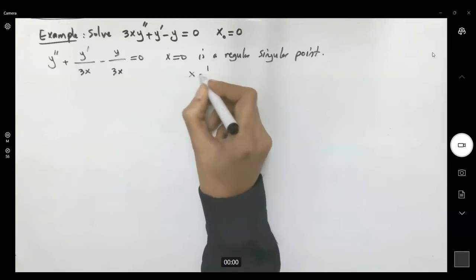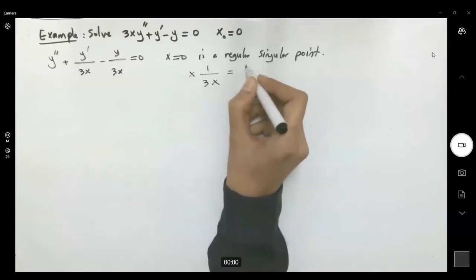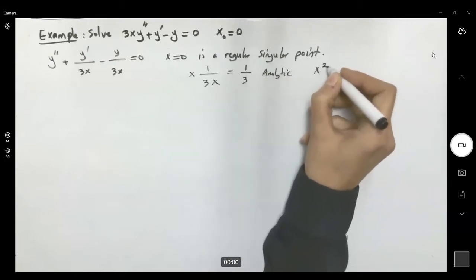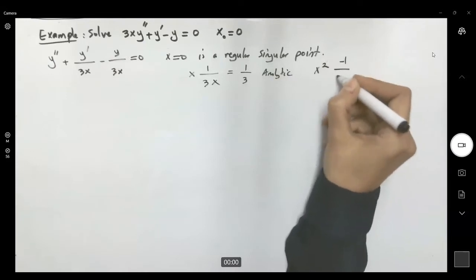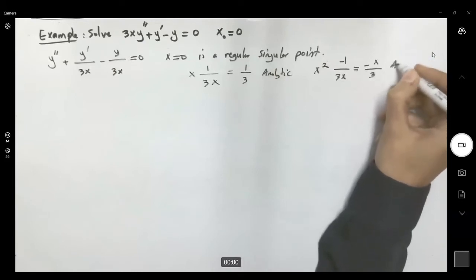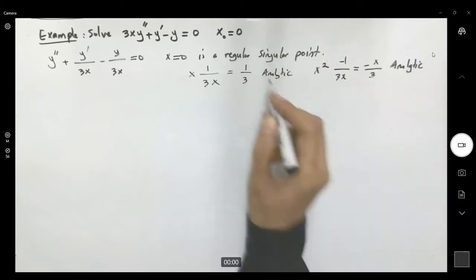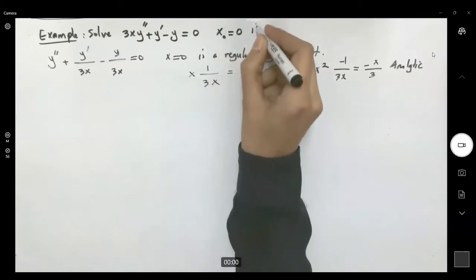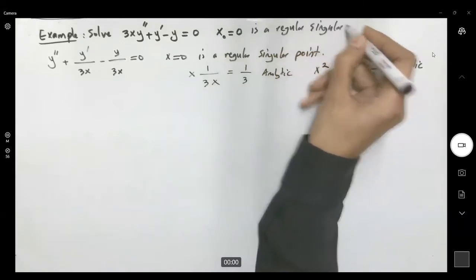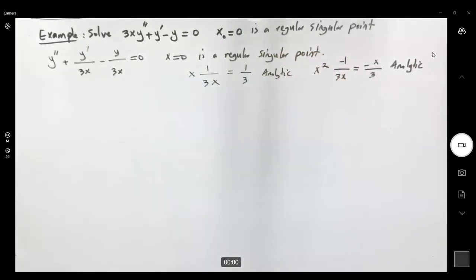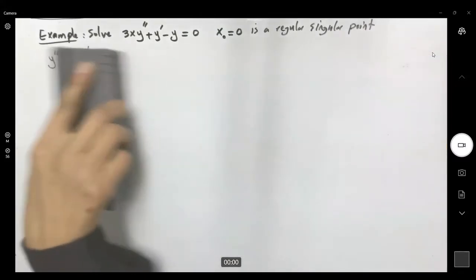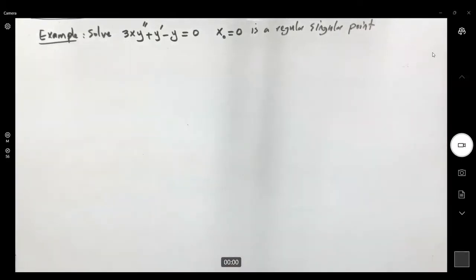Because x times 1 over 3x is going to be a third, which is analytic. Also, x squared times -1 divided by 3x, which is negative x divided by 3, is also analytic. So it means that x equal to 0 is a regular singular point. So the Frobenius theorem guarantees that we have a power series solution of the form of